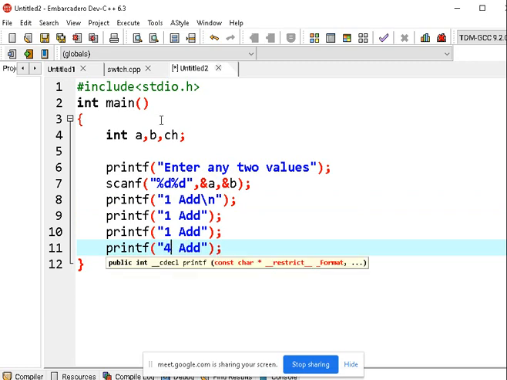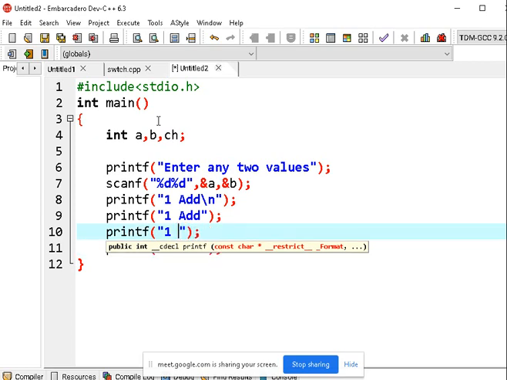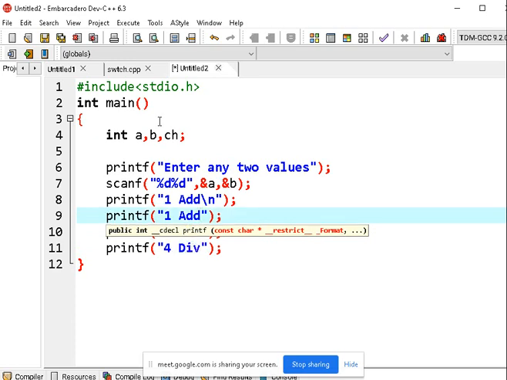I want to perform four operations. Four is division, and here we go with multiplication.